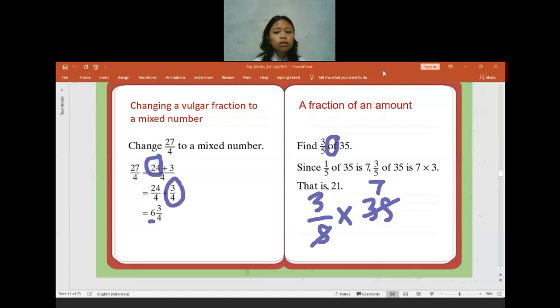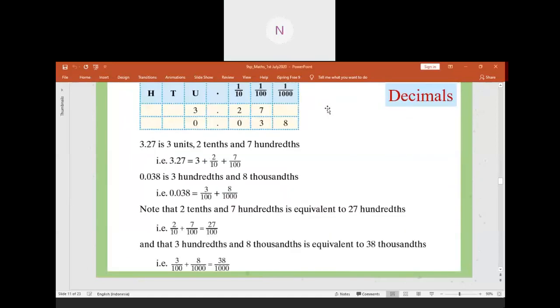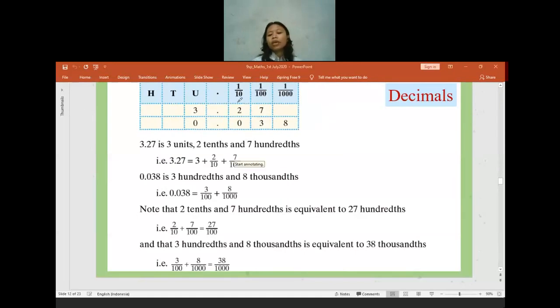No, teacher. Okay, if no one is confused, then this is a decimal. I think you are already used to the decimal. I just want to remind you, this is the 1 per 10. We can call it tenth. The first digit of the decimal in here, we call it tenth. After that, the second digit of the decimal we call hundredth, with the H.